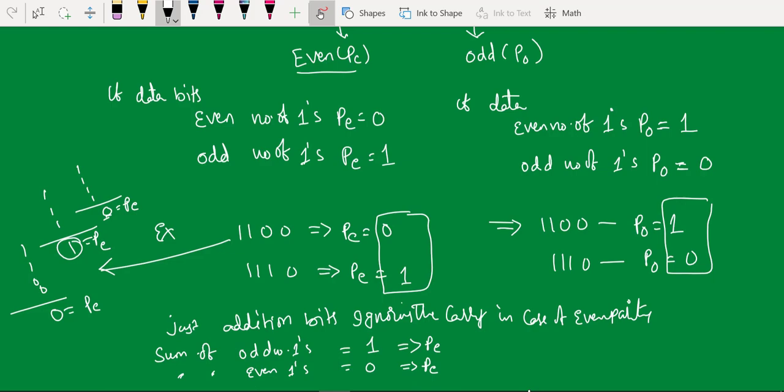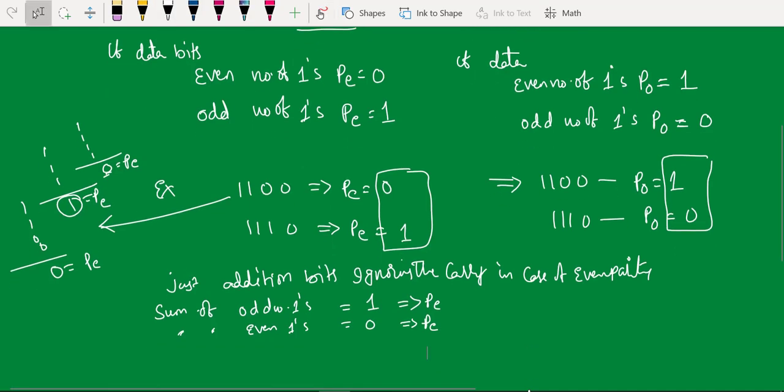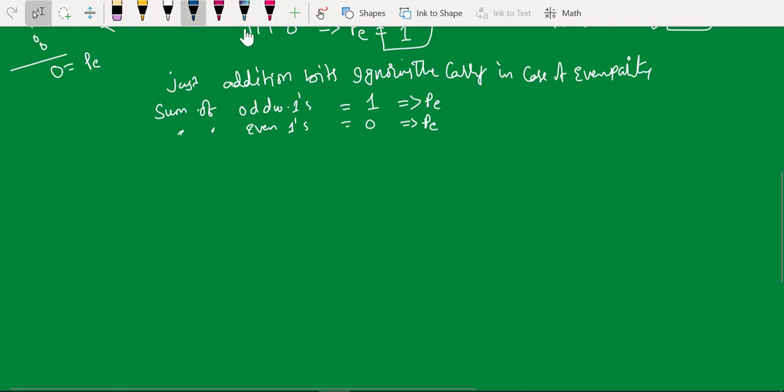So that means we can use a simple component which adds the 2 bits and produces the sum and ignores the carry. That element can be used for the parity generation for the even parity. This addition job can be performed by a simple XOR gate.